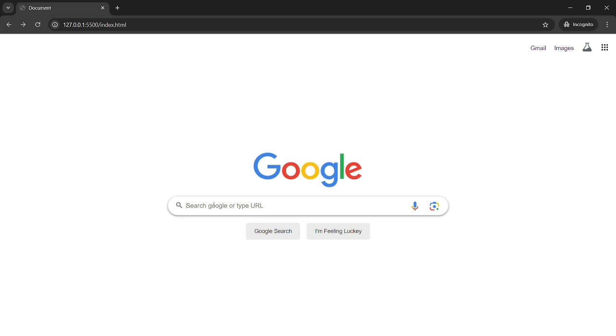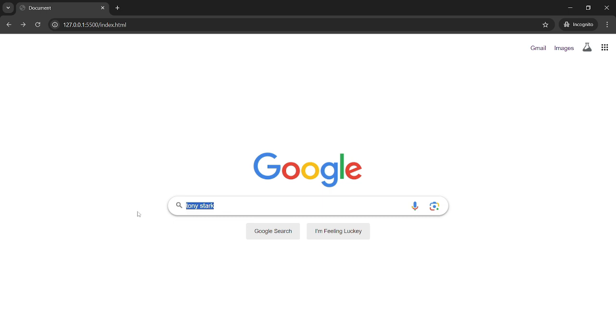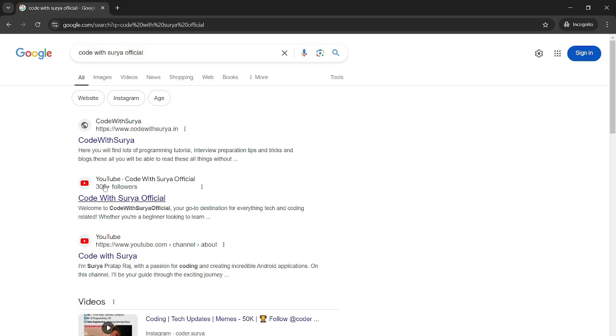So let's suppose if I search for Tony Stark, and instead of clicking this Google search button, just click enter, so you can see it is working fine. So let's suppose again if I am searching for Code with Surya Official and click the enter key, you can see it will redirect to the Google link.